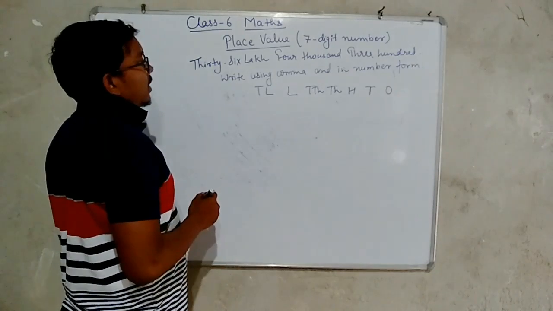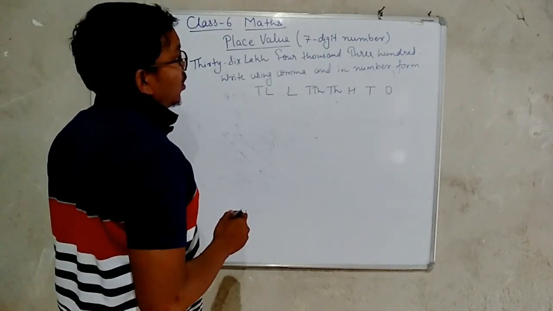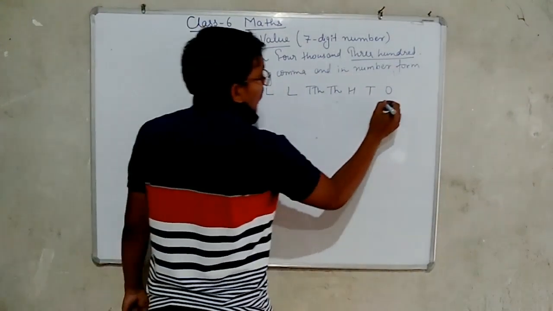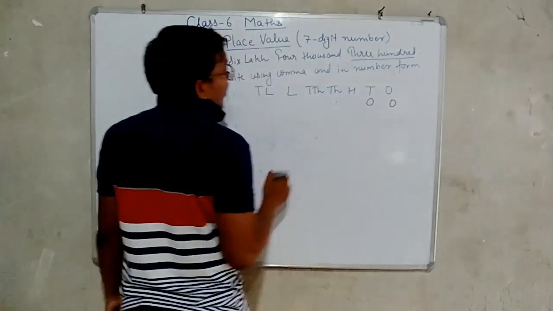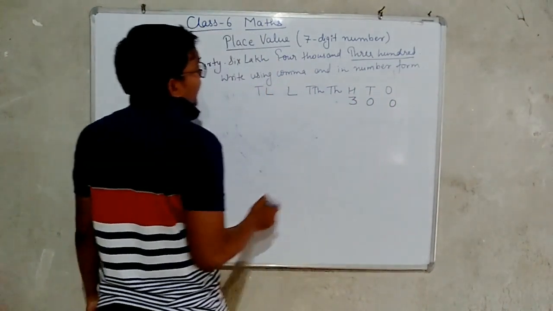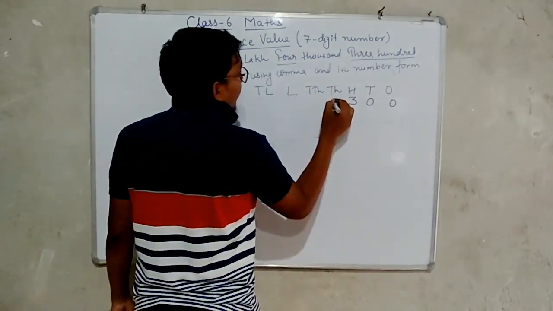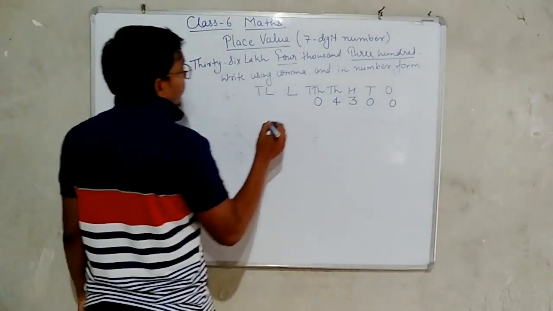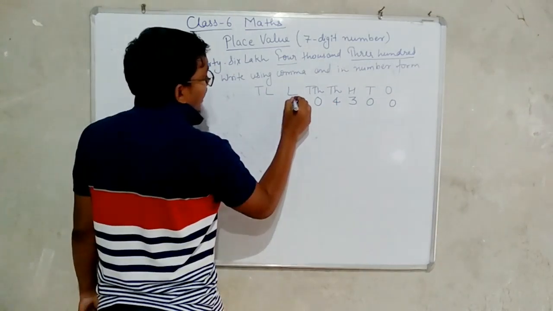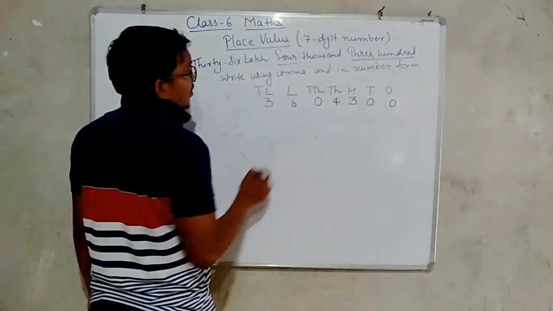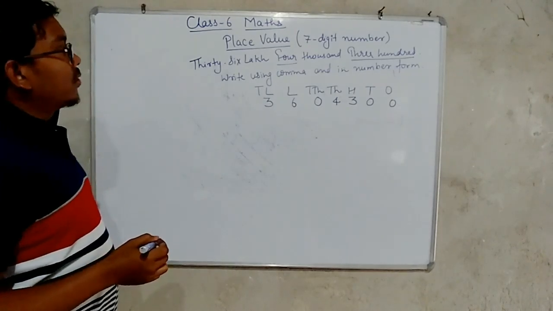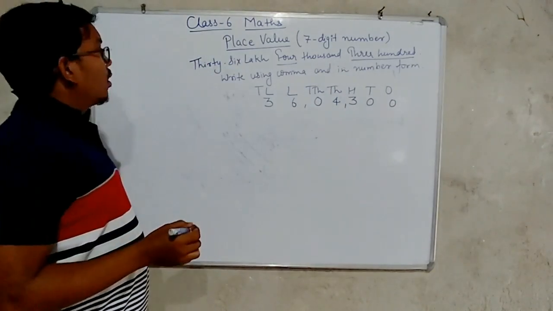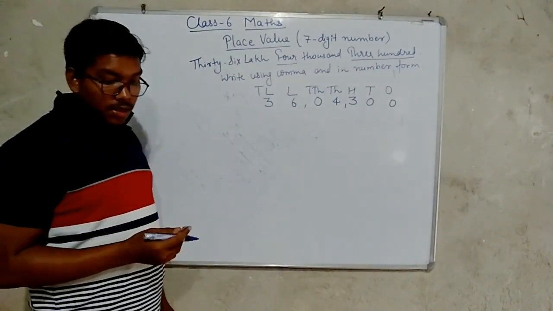Now we will see that there is nothing written in the ones or tens. It starts from 100. So ones will be 0, tens will be 0, and 100 then again 3, then 4,000. So we'll write 4 in thousands and in 10,000 we will again put 0. Then there is 36 lakhs. In lakhs there is 6 and 3. So it comes 36 lakhs 4,300. Now we'll put the commas. So according to this, we will complete question number 2.